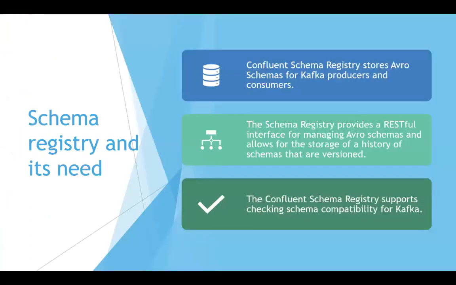So till now we have talked about what Avro is, what a schema is, and what advantages we get from it. But there should be a place where we can store those schemas, those contracts. That place is called the schema registry. Confluent has provided us the schema registry where we can store the Avro schemas for Kafka producers and consumers. The schema registry provides you the RESTful APIs, or you can say the RESTful interface, for managing your Avro schemas. And it also allows